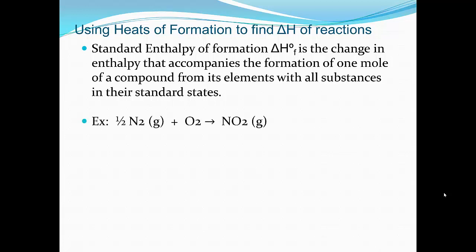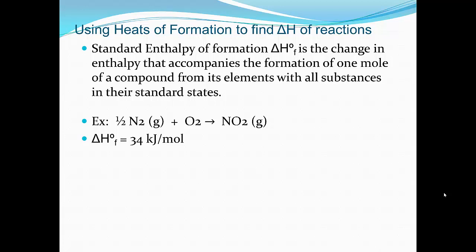For example, if I wanted to form nitrogen dioxide, I would need some nitrogen and some oxygen in their elemental form. I would add those two things together, and the amount of energy that that took would be the delta H of formation for NO2. For this particular one, it's 34 kilojoules per mole. You'll see the delta H of formation has that little degree sign,